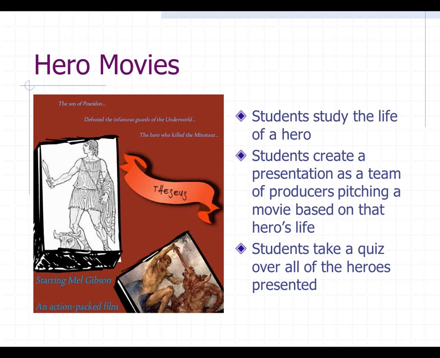And next time I'll probably include more of that on the rubric to make sure that students know how important it is from the start, because otherwise they mostly just wanted to talk about why Mel Gibson would make a great Theseus. And you know, while the antics of Mel Gibson's life are, of course, particularly entertaining to high school students, they don't really educate most of us about Theseus. So you kind of have to get them a little more focused there.